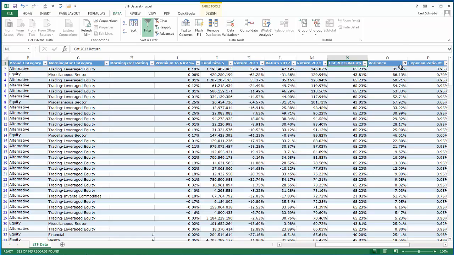So once again, once you have the information within your table and you have the filters on, there's a lot of different things that you can do with that. Okay, that concludes the demonstration of working with tables. We will continue on with the next video of